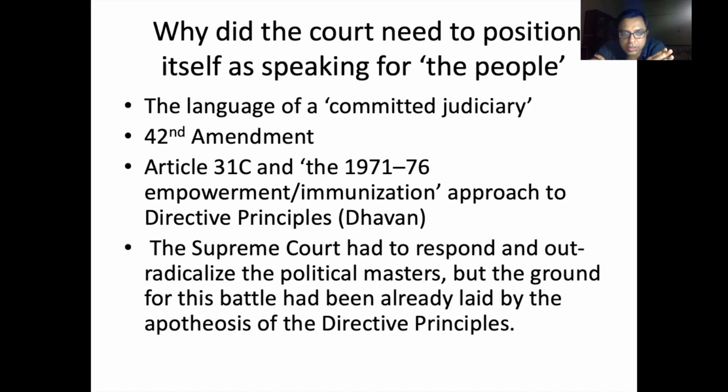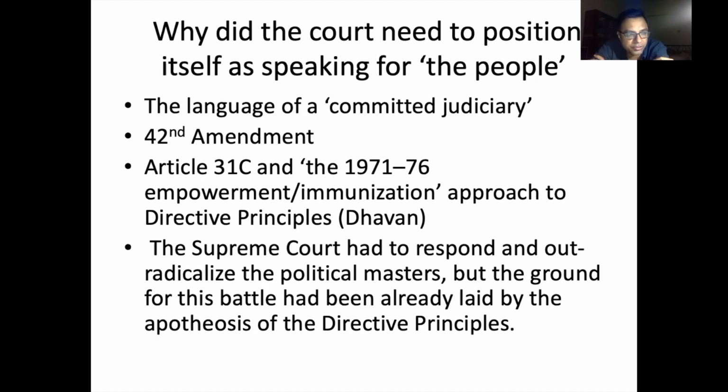And this led to a certain narrative about the judiciary, particularly from 71 onwards, when Mrs. Gandhi won this famous victory and proceeded to introduce and enact a whole series of constitutional amendments to carry out her agenda of Garibi Hatao, etc., that she promised in 71. So there was an attack on the judiciary,